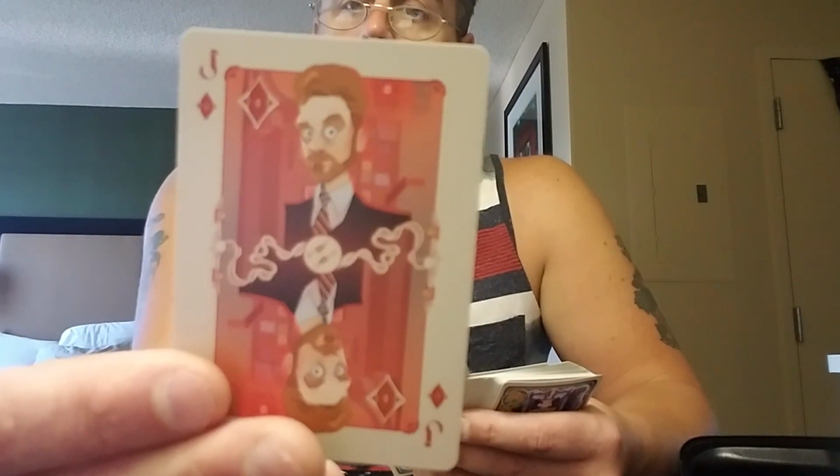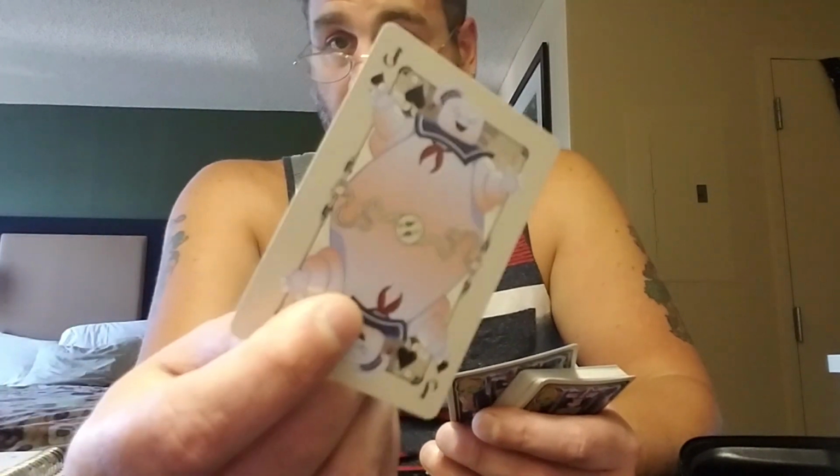It might be good news, but it also might be... If this comes up for someone, I might look at them a double way. I might say, well, there might be something under the surface here going on. So in this case, the Jack of Spades, this might be my good news card with this deck. And this goes into another one I was talking to you guys about. It shows how each deck kind of has its own...